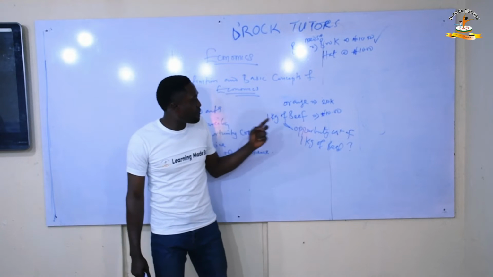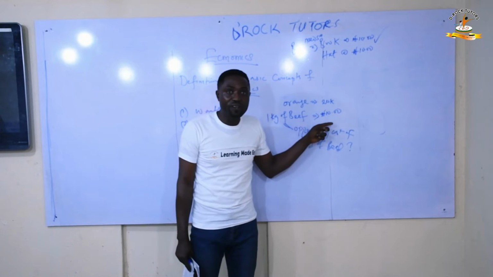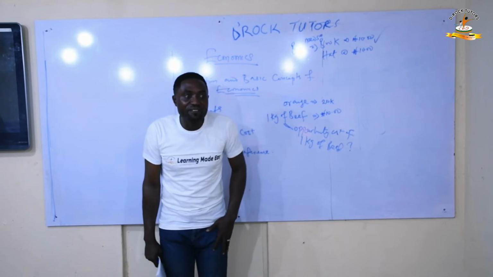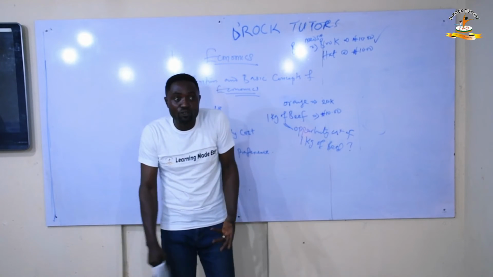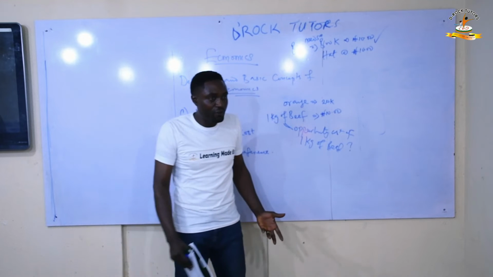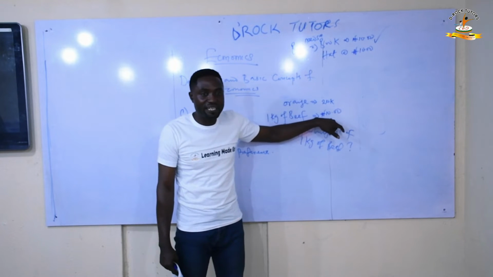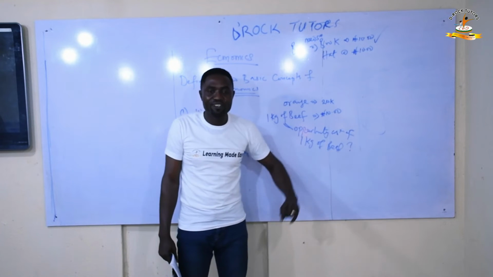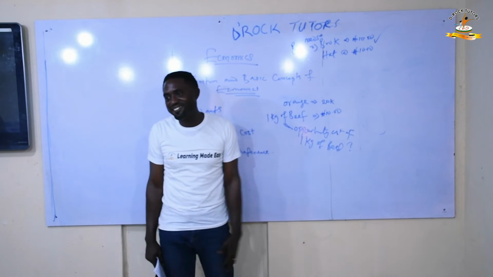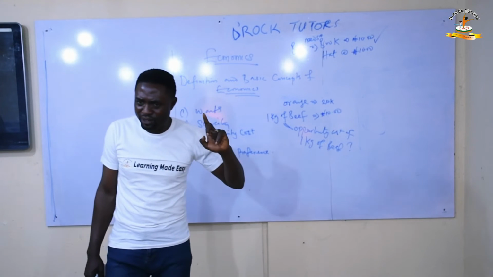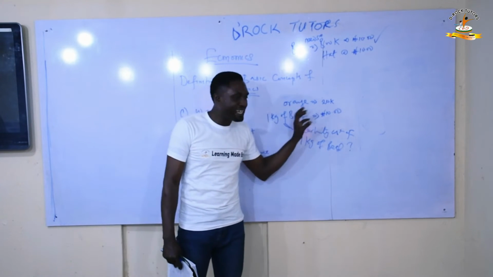Because for somebody to have actually bought 1 kg of beef with 10 naira, that means you have 10 naira with you. So if you decide not to buy beef and you decide to use everything for the oranges, how many oranges will you be able to buy from 10 naira? It will be 50 oranges. That's the answer. Hope it's clear. You understand what they are trying to talk about?